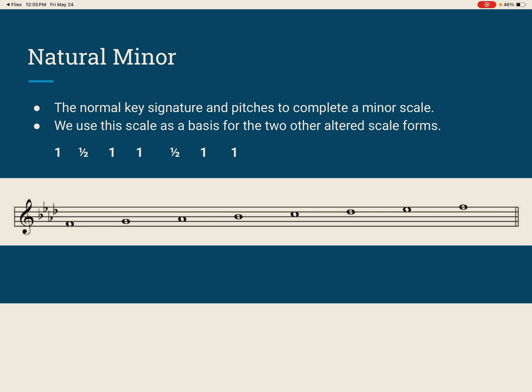I wanted to just kind of play through after some melodies. I'm saying that so I don't forget it. But natural minor, we know this. We have our whole, half, whole, half, whole scale pattern, right? So essentially this natural minor scale is the basis for 2 other altered scale forms, which are melodic and harmonic minor. So this is also what we use to create a key signature, which we'll talk about in a separate video as well,